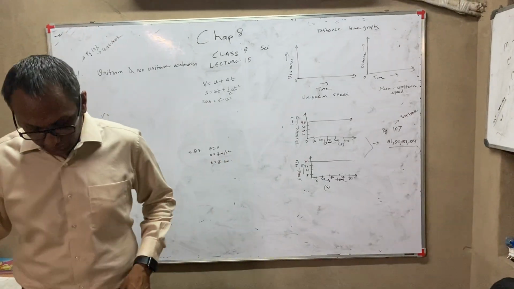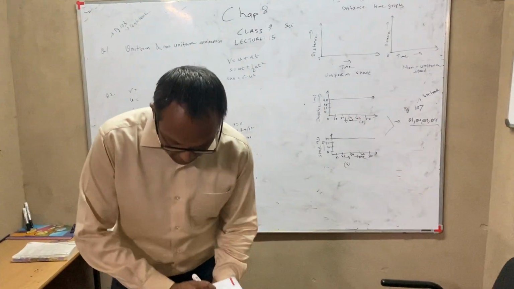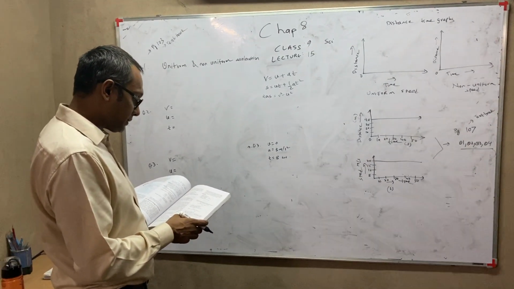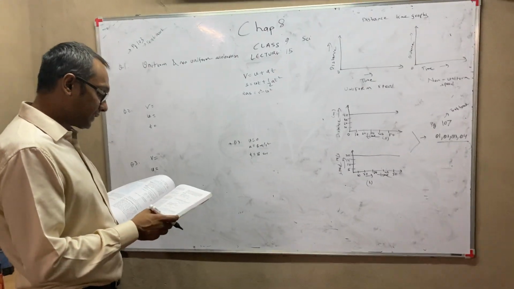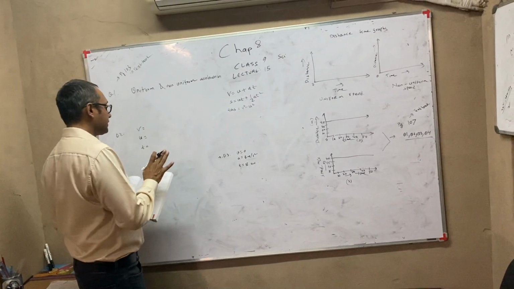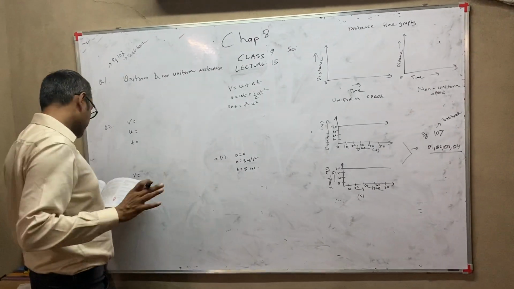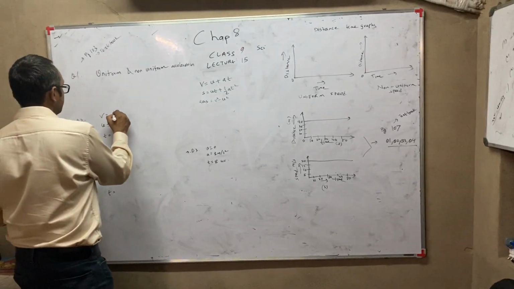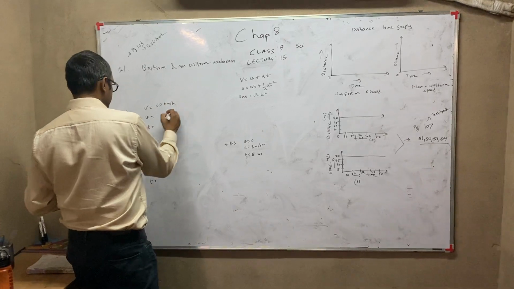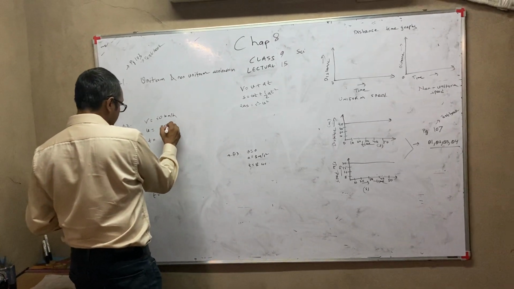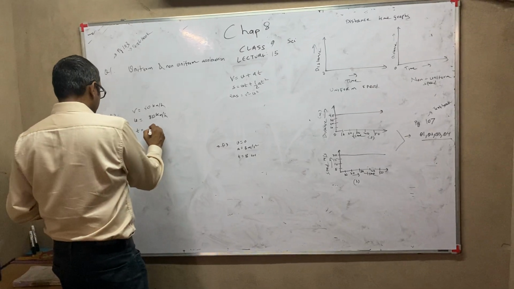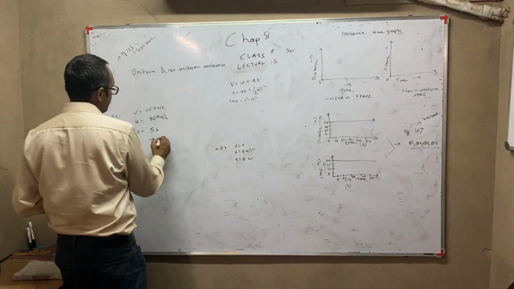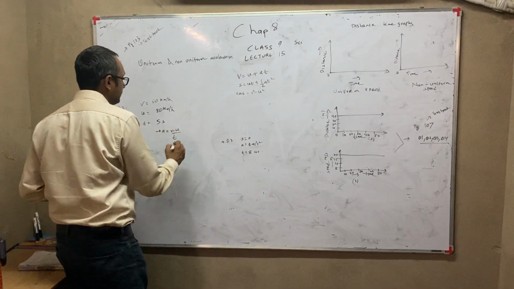The first question is, a bus decreases its speed from 80 km per hour to 60 km per hour in 5 seconds. Find the acceleration of the bus. Now in physics, before you start the sum, always write whatever is given to you. So it decreases the speed from 80 to 60. So final velocity is 60 km per hour. Initially it was going at 80 km per hour. And the time they have given us is 5 seconds. And as you know, the formula for acceleration is a = (v - u)/t.